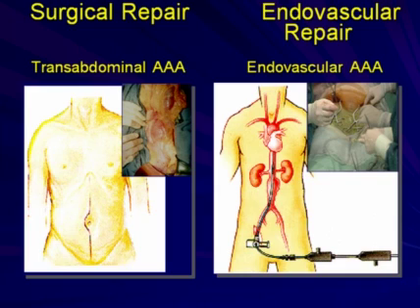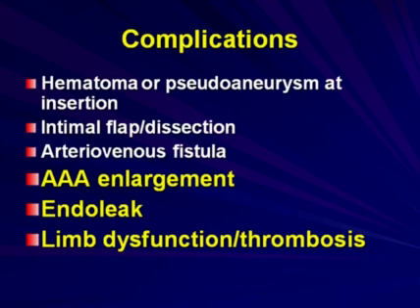The problem is they don't always hear that the follow-up that they're going to have to adhere to. The complications we're going to look at with ultrasound are those that are associated with any catheter-based intervention, such as hematoma, a pseudoaneurysm, intimal flaps, intimal dissections, or AV fistulas. But the main things we're going to be looking for is aneurysm enlargement, which is very important because, after all,